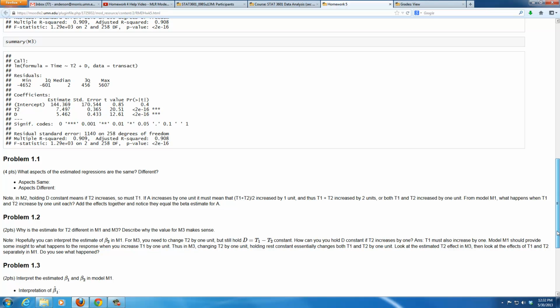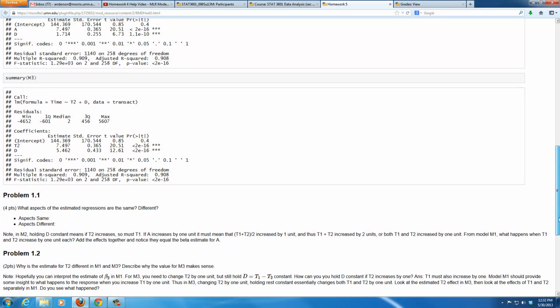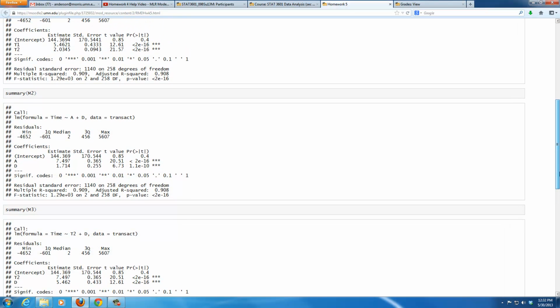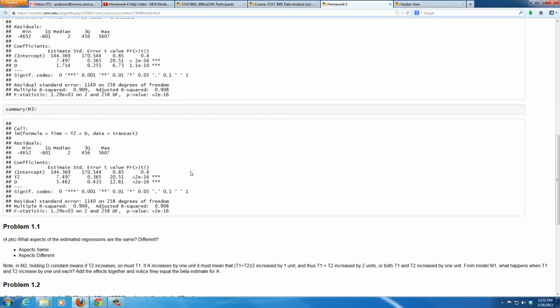And so you'll notice that in both Model 1 and Model 3 there is a term for the variable T2. In Model 3 we have it listed right here. We have a T2 term, and we have information from that model. And then up in Model 1 we have a T2 term, and we have information there. And I want you to talk about how to understand what the T2 term, the beta hat for it, means